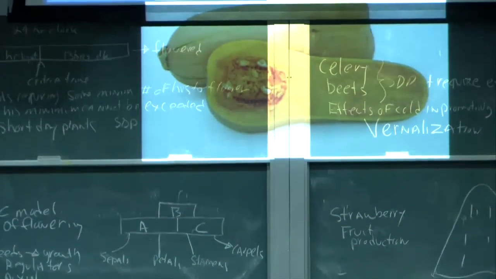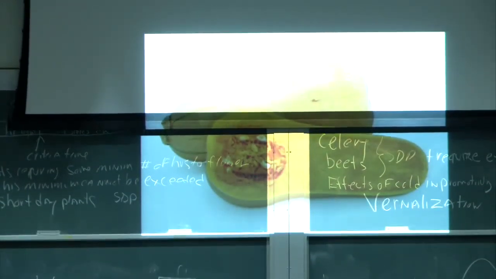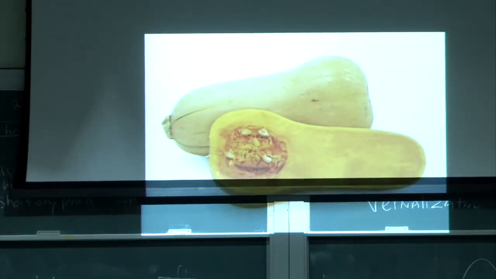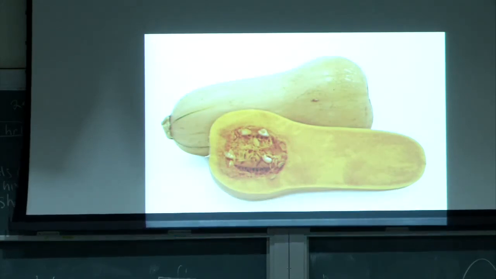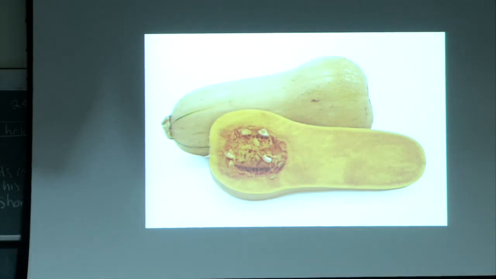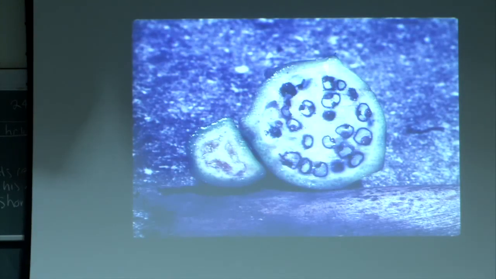This first picture is of a squash similar to the one I have up here in front. And again, what I want to point out to you is that the seeds are placed down in the area of the squash which is largest, and this is presumably a result of a higher concentration of auxin, giving you this sort of swollen appearance of the squash. Here's a banana. If any of you have gone to the tropics, you can find different types of bananas growing. This is the banana cultivar in which seeds develop. Here is a banana cultivar similar but much smaller than the one we eat, in which the seeds abort. So this banana essentially would be seedless. This one would not be very much fun to eat.